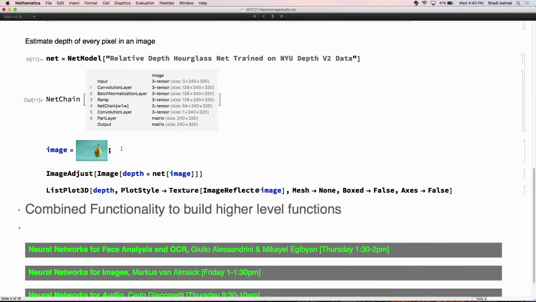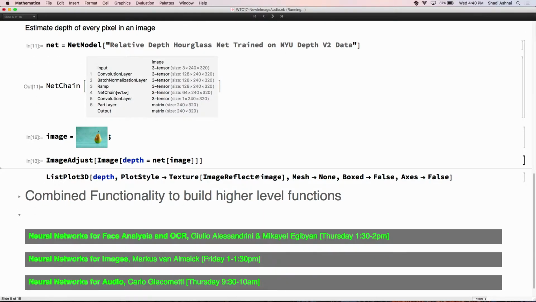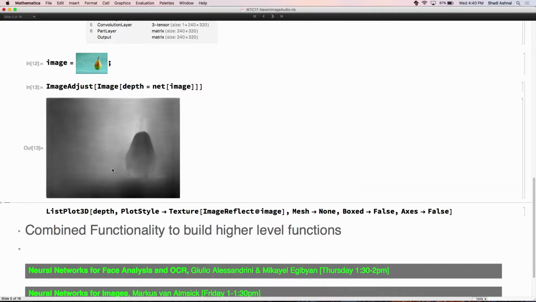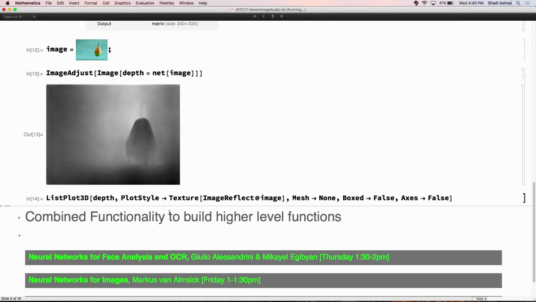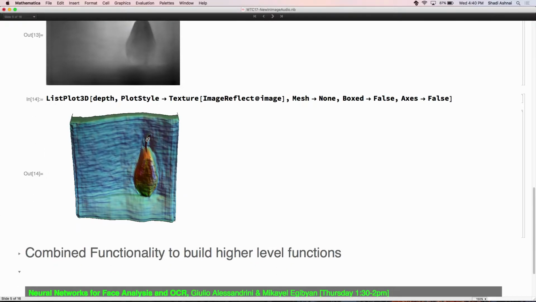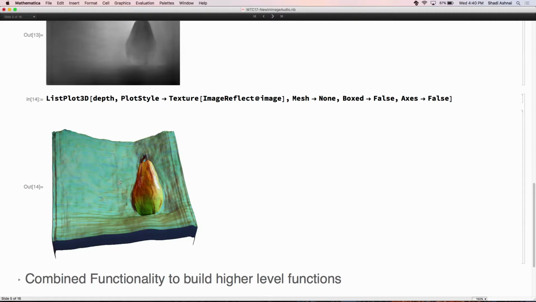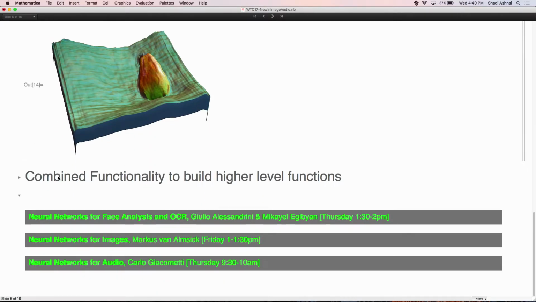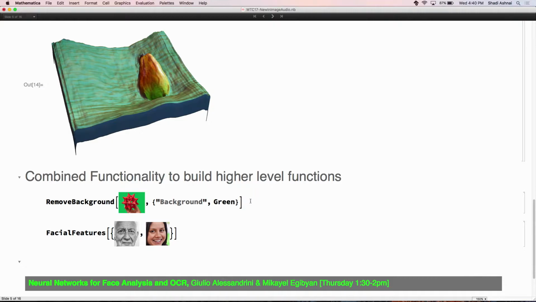Actually a lot of image processing and still nothing for audio on the net model, but hopefully soon there will be something. This one is doing some kind of depth estimation based on the image, so associating a relative depth to each pixel in the image, and then once you have that, this is just a visual that says roughly how the depth estimation algorithm works. But as you see, these are more higher level things that you don't have to really worry about how the algorithm is doing all of that. We're trying to, again, put together functions that are directly usable for general applications.